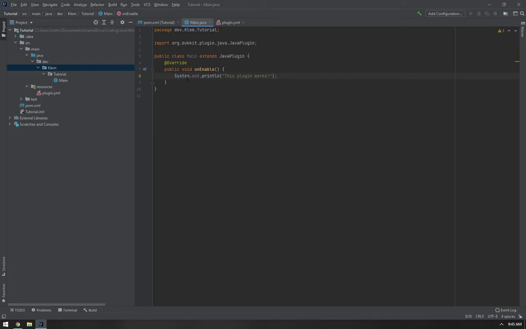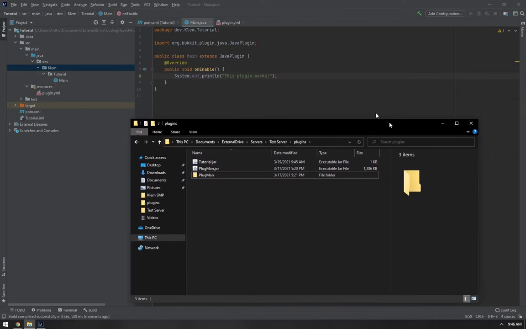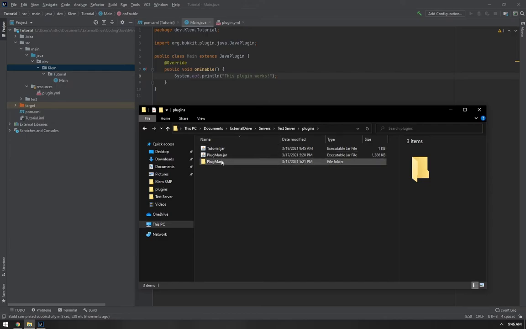So now all we're going to want to do is go over here to Build and select Build Project, and this will build our plugin for us and put it inside of our server's plugins folder. So now as you can see here, it has tutorial and, well, that's all it's going to have for you, but I have PlugMan. Don't worry about this, this is just to help me whenever I'm programming. And so this means that our plugin is actually inside the plugins folder,